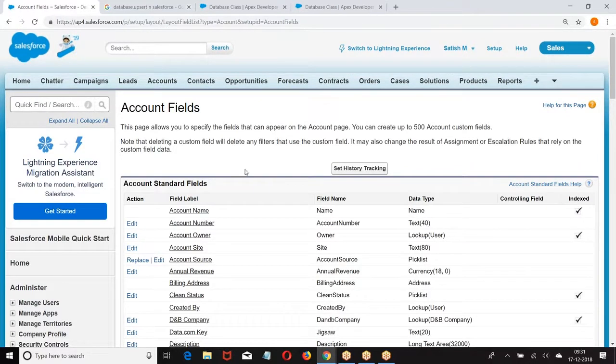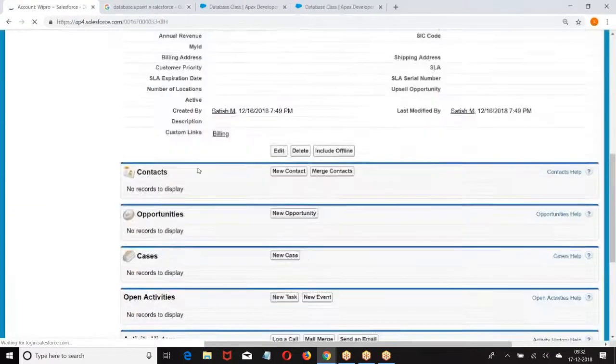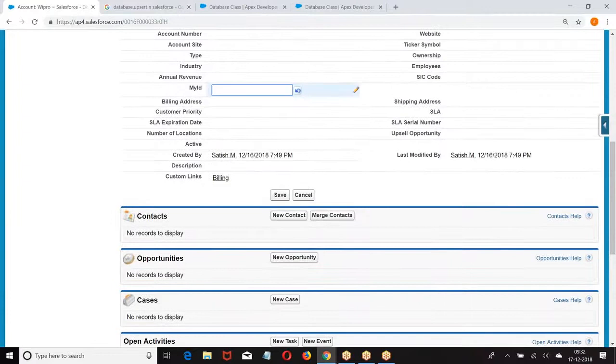Now, look at this. Go to the Account object. Let me take an existing record, my ID.